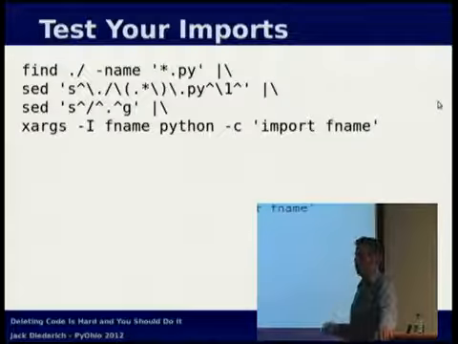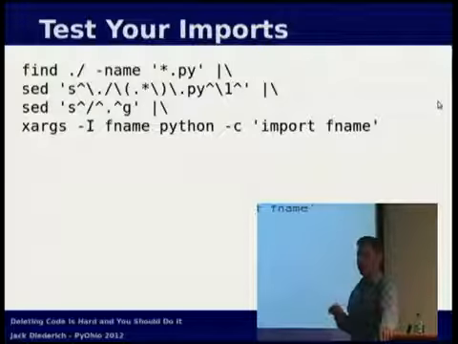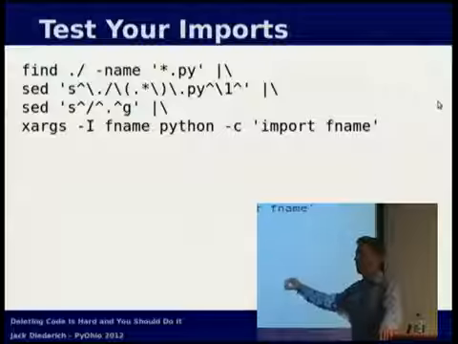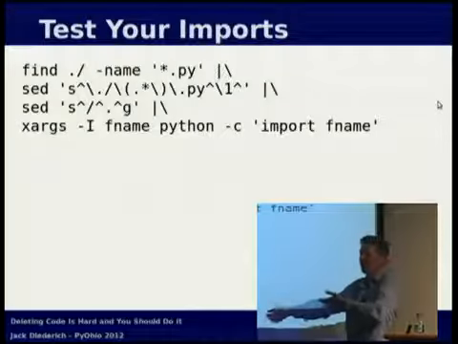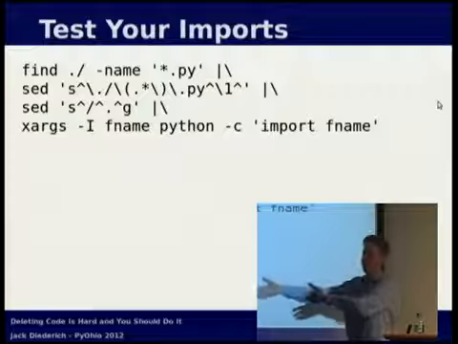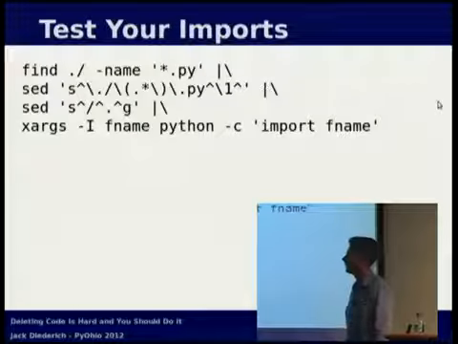They're notoriously hard to find because they don't pop up in any of the places where they actually happen. They pop up when you import somebody who imports somebody who's involved in a cycle. And you're like, I didn't touch that module. I just checked in some stuff. I didn't touch that module. Why is it throwing this error?